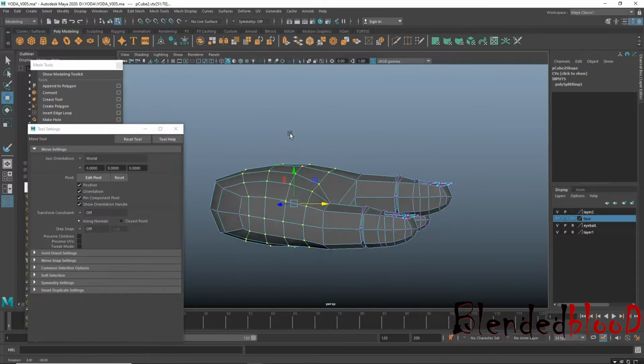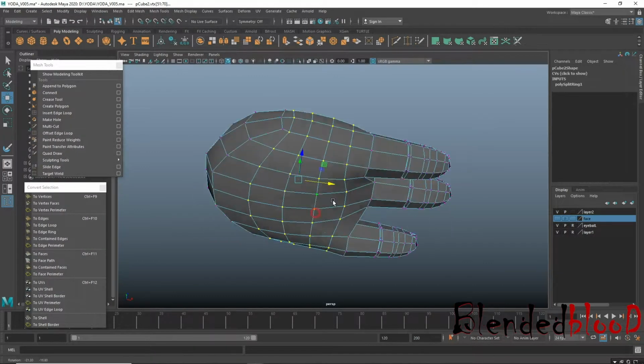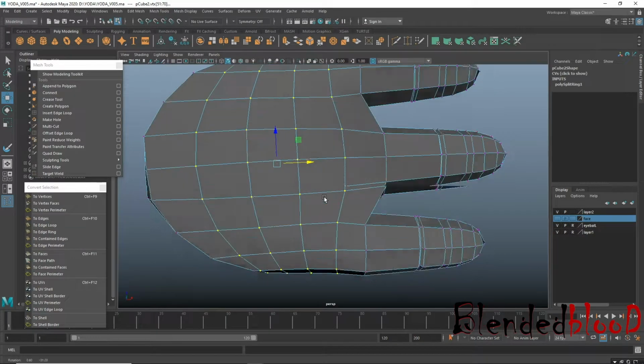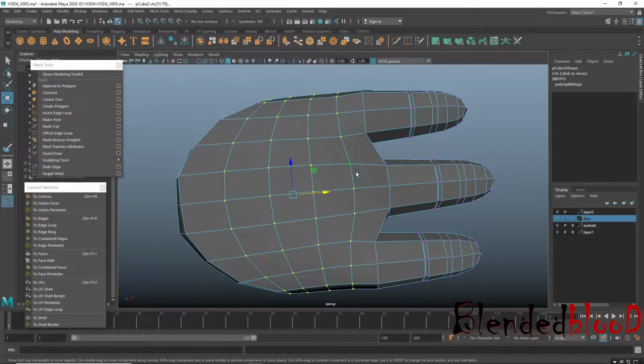Press W. This one is your lower palm area, and according to this character, or according to our hand, if you notice, then our hand has, if you consider this finger as a thumb, then you need to make this kind of loop, if you remember. Same for this. Very in a less amount we have to